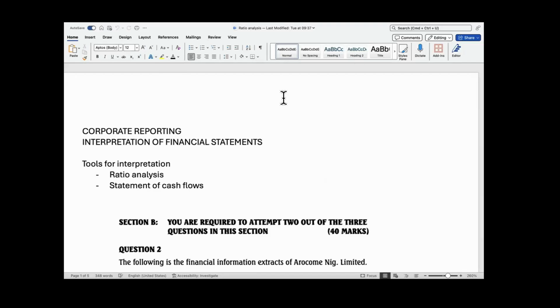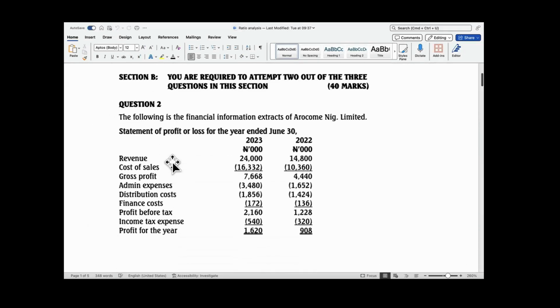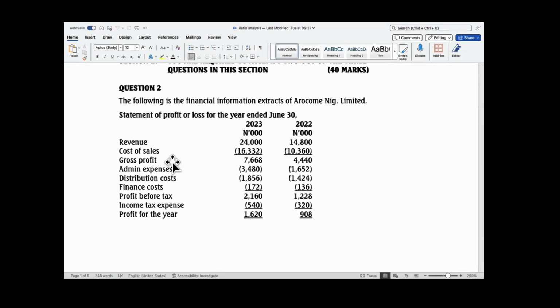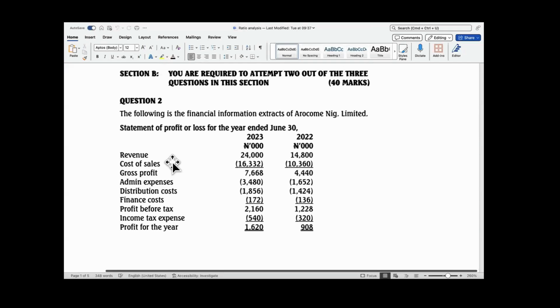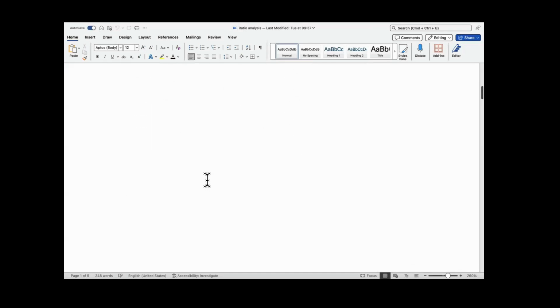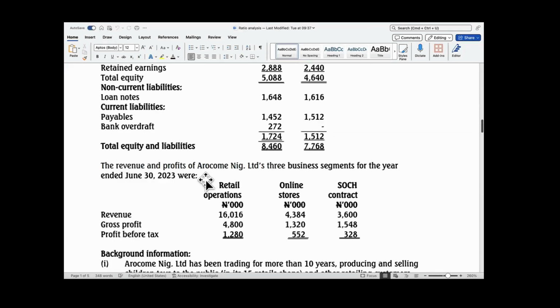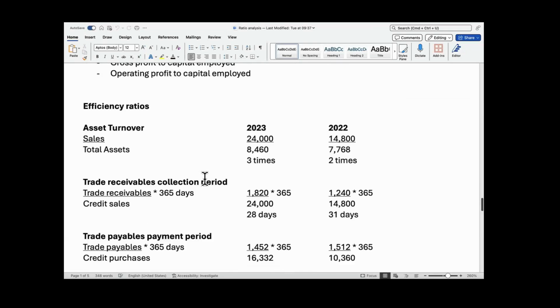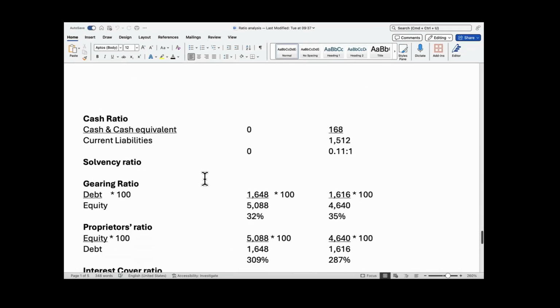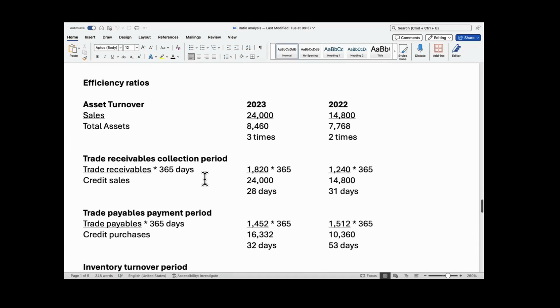We started looking at interpretation of financial statements, and we used this question to look at some key ratios that you might be required to compute in the exam. However, even though the only thing we did last week was to compute all those ratios, you need to understand